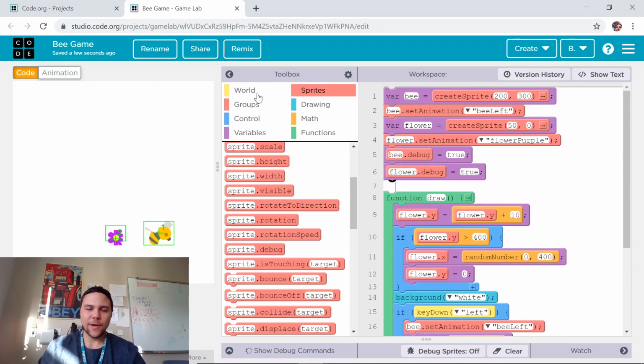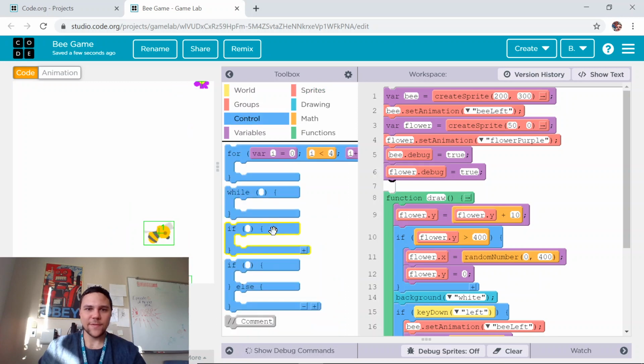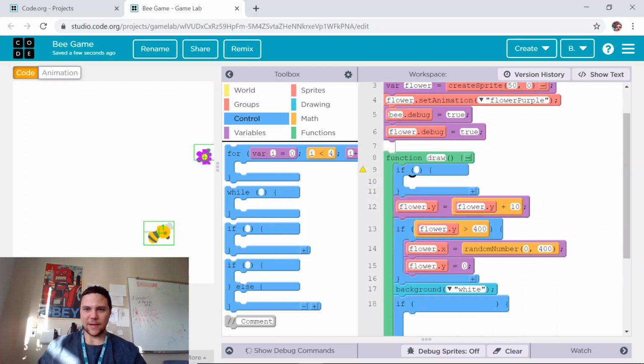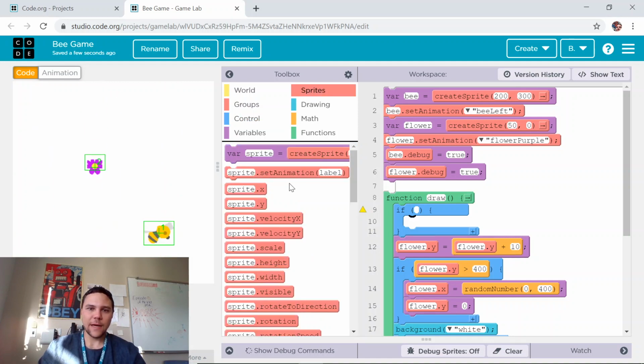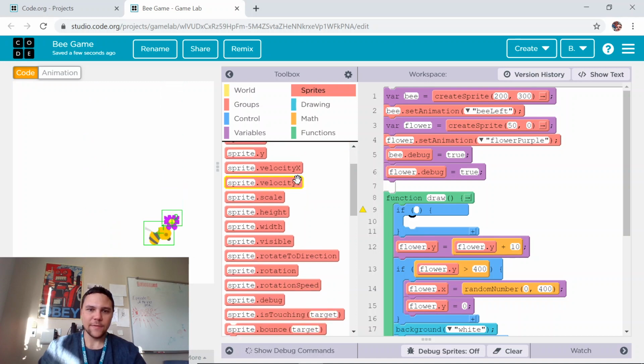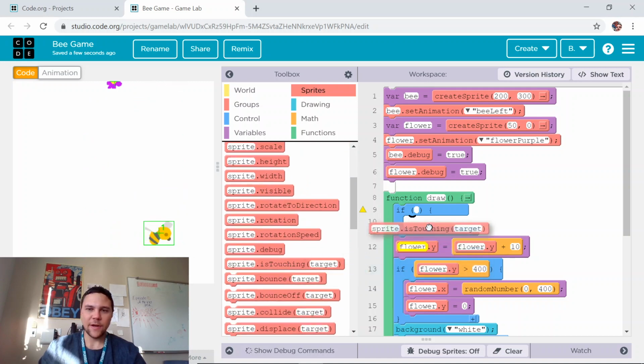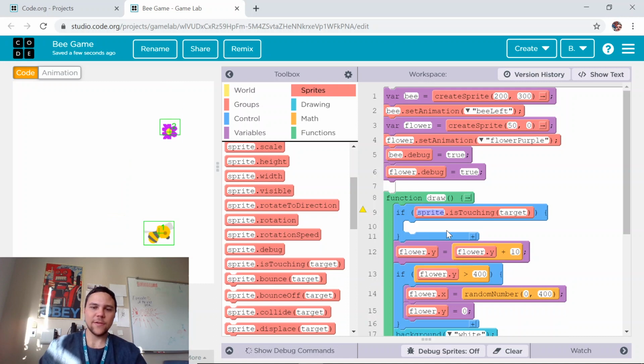Okay, next thing we want to do is an if statement. Like what we've been saying, if something happens, then we want to do something. So we'll make it so if I'm touching the flower. Let's see, it's under sprites. We're going to find is touching right there. Is touching is a Boolean value. So if the bee is touching the flower, then we want to